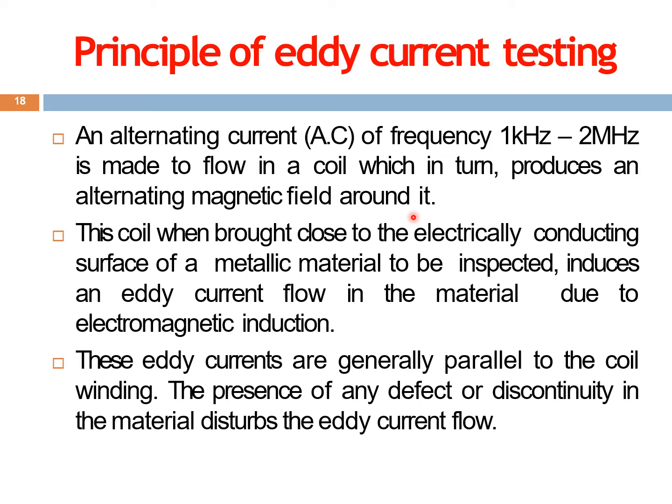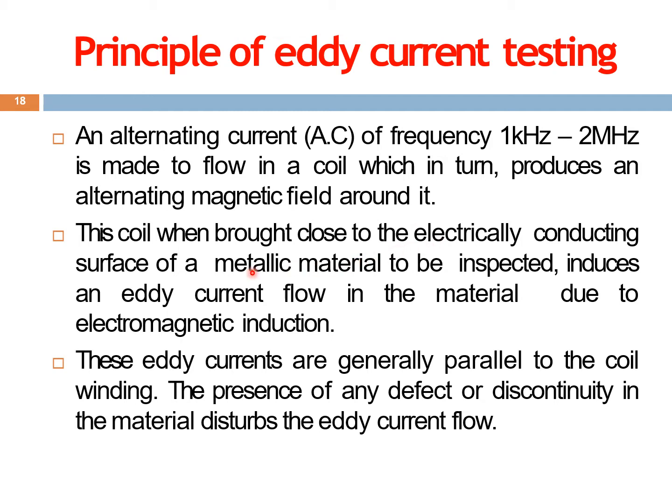We are introducing another conductive material, the material that is to be tested. We will be bringing it to the vicinity of this alternating magnetic field. So when we bring it to the alternating magnetic field, eddy currents are formed on the surface. Eddy currents, as we discussed, form closed circular loops, and these eddy currents lead to the formation of a secondary magnetic field. This is known as electromagnetic induction. The secondary magnetic field will oppose the primary magnetic field.